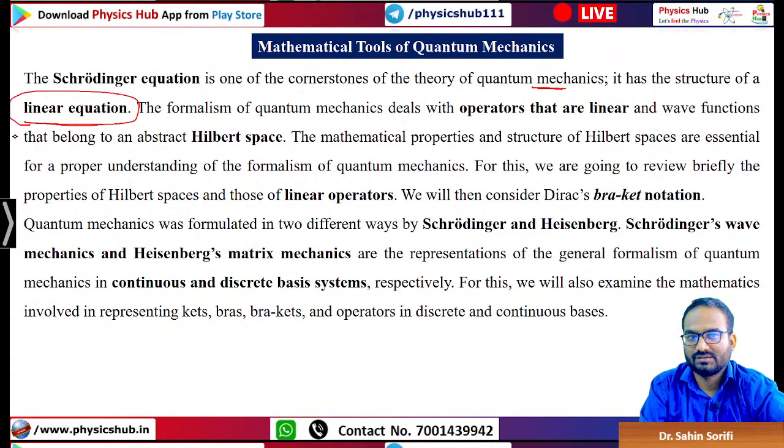Like d square psi by dx square, you see, the only power is 1. On the other side, V of x into psi, E psi. So you can see this is a linear equation. The formalism of quantum mechanics